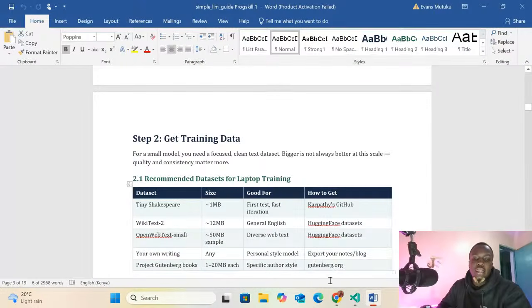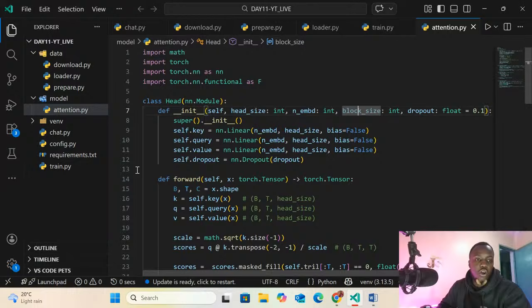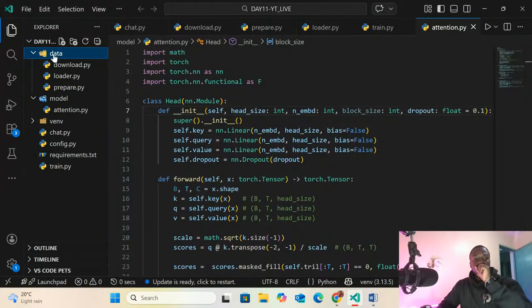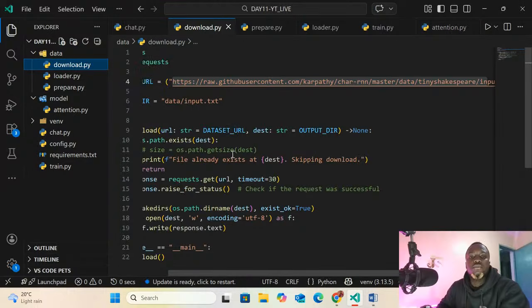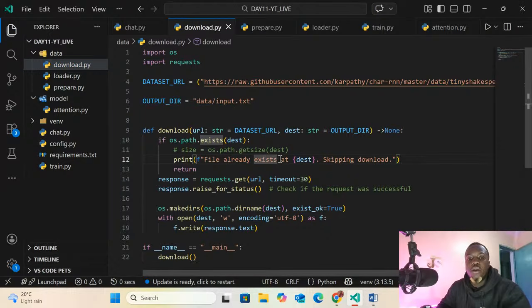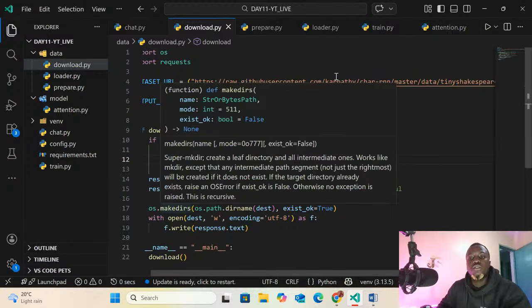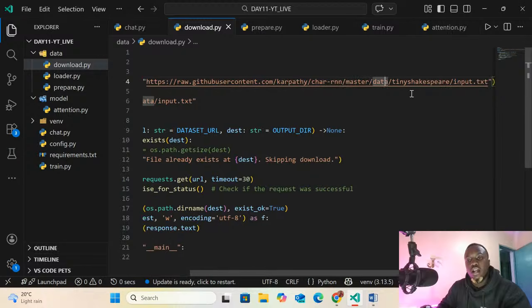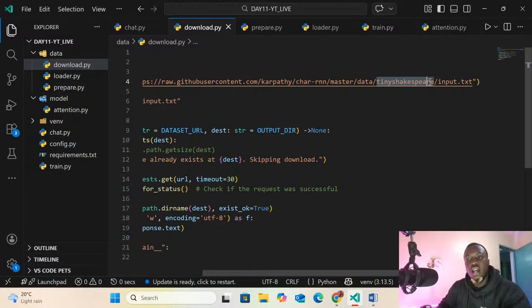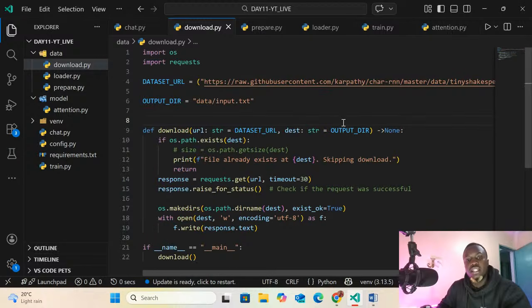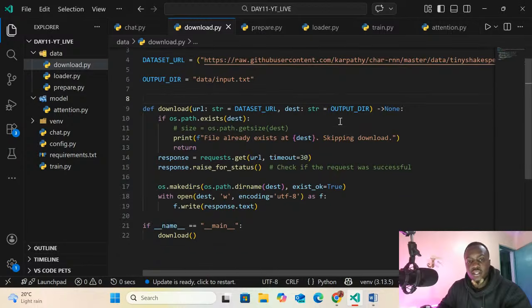So basically, last time, a quick overview of what we did. We did a few models, for example, downloading the data. And the data is not a big amount of data. It's the Shakespeare data, Shakespeare tiny data. It's basically poems, books, something like that.